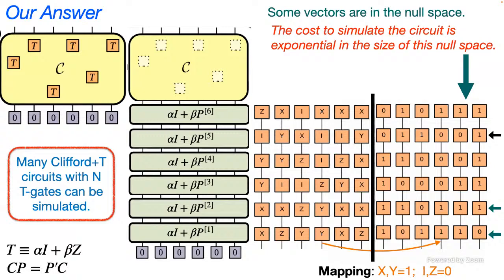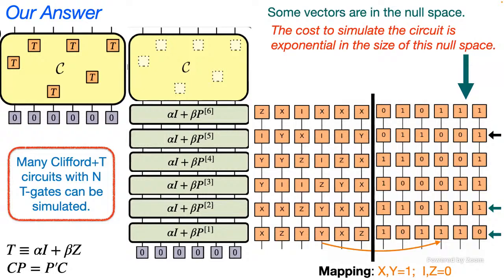So here's the game. If I have a Clifford circuit and it has a bunch of T gates in it, which is to say I have any circuit, I can go ahead and pull the T gates out. I can commute them out. And if I pull them out of the circuit to the bottom, a T gate is alpha I plus beta Z for some alpha and beta. At the bottom, it's alpha I plus beta P, where P is some Pauli string. Might be a long, complicated Pauli string: ZX, I, XXX. So now I have a Clifford circuit depleted of T gates, but I have these multi-qubit Paulis.